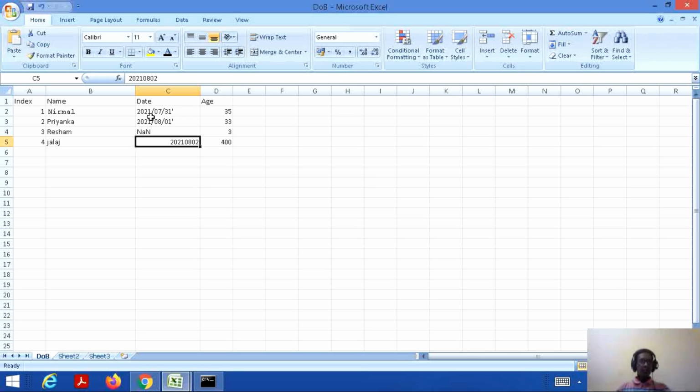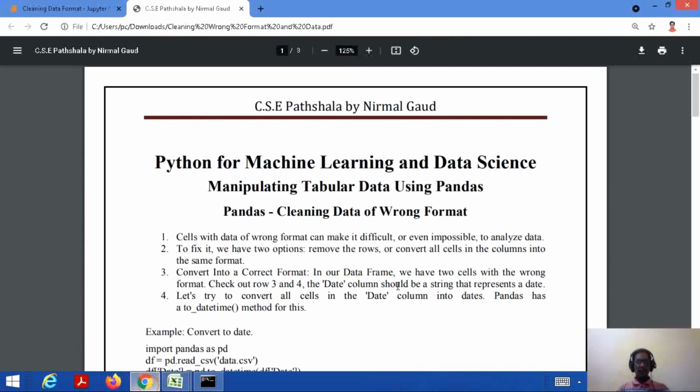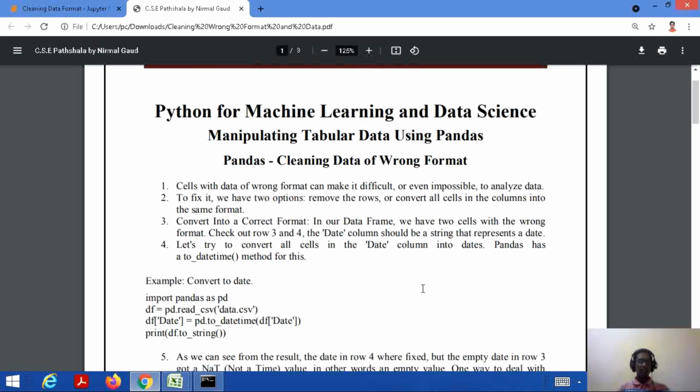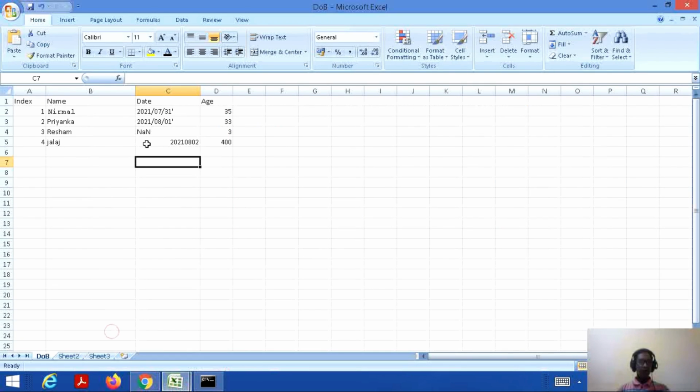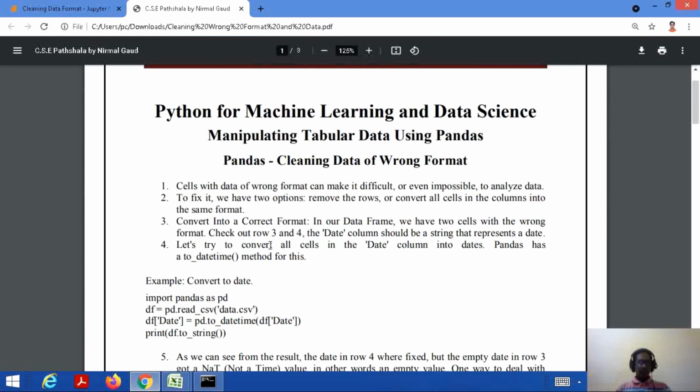There is one more thing. The date is in quotation, in a single quote. So this is the correct format which I have given in this table. This CSV file has been stored into a location from where my Python is running. Now, it's been already told that we are having two cells of wrong format. Which two cells am I talking about? I'm talking about this cell and this cell. So what to do?